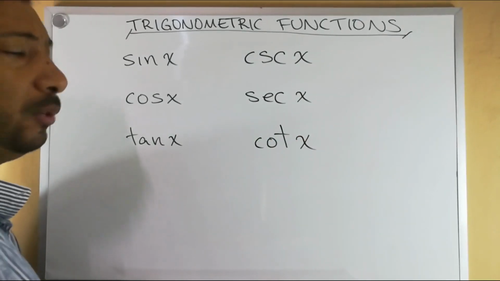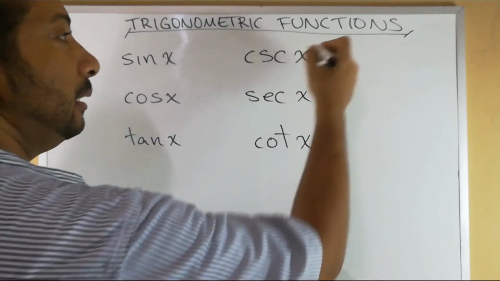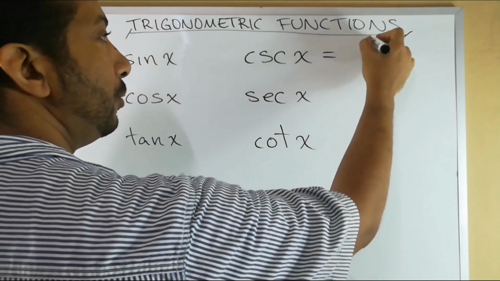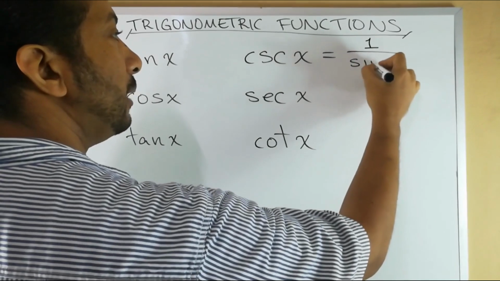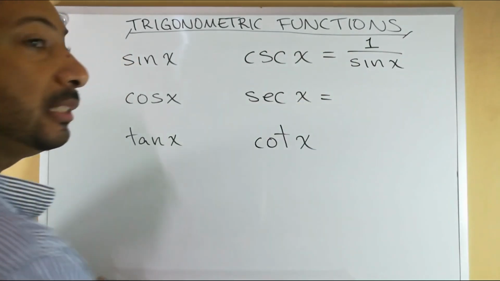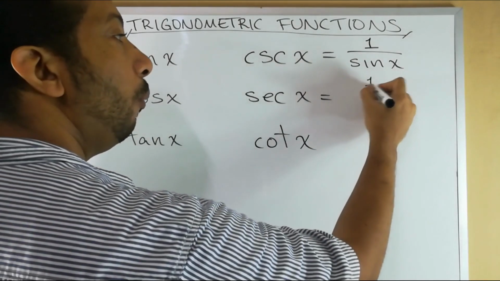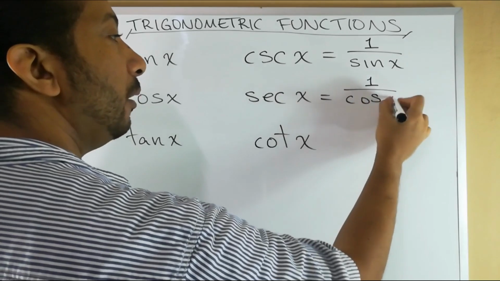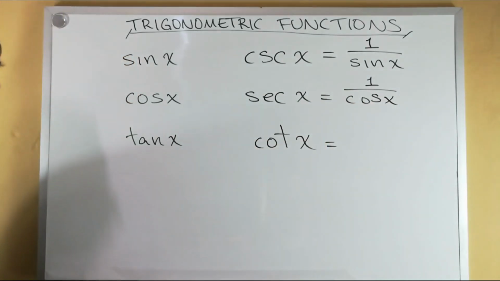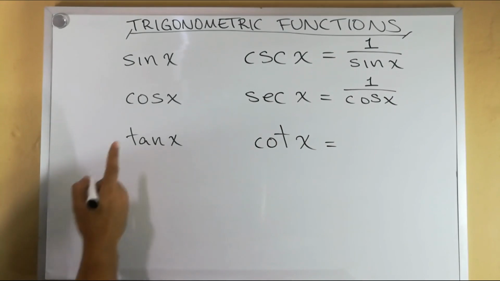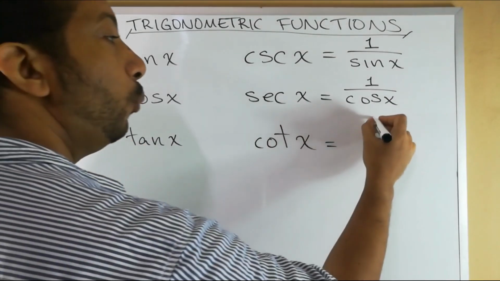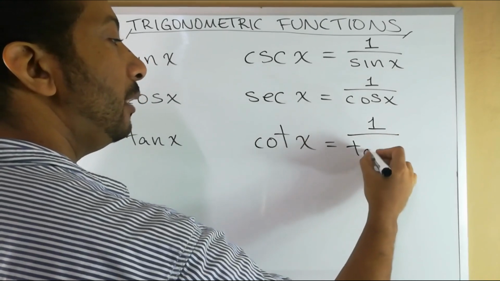So what is the cosecant function? Well, it's easy. It's the reciprocal of the sine function. So that means it is 1 over sine of x. What is the secant function? It is the reciprocal of the cosine function. Therefore, it is 1 over cosine of x. And the cotangent function, therefore, is also the reciprocal of the tangent function, which is 1 over the tangent of